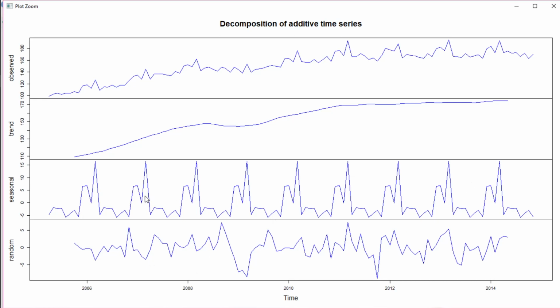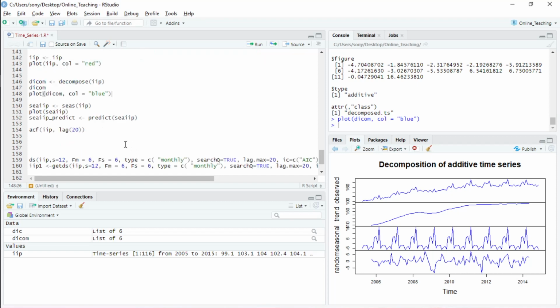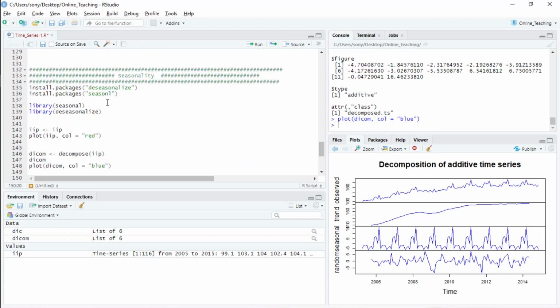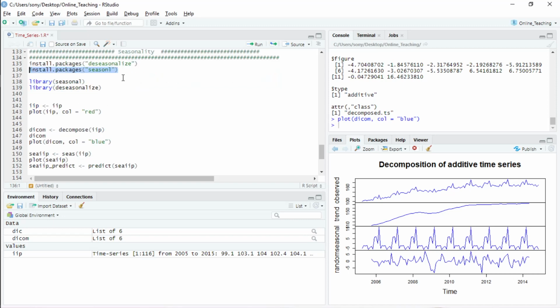So we now know that there is seasonality in the data, a seasonal pattern is there, and we have to remove this pattern and see how the actual deseasonalized data looks like. And when we do some modeling, we will use this deseasonalized time series data. So I'll close that one. Then to deseasonalize the data, if you are using the seasonal package,